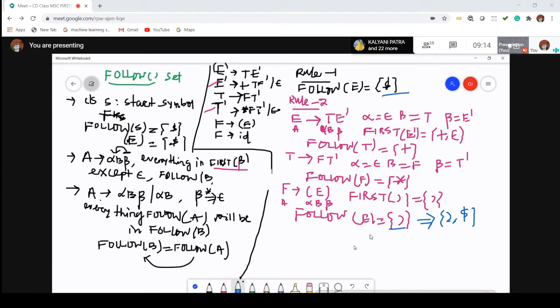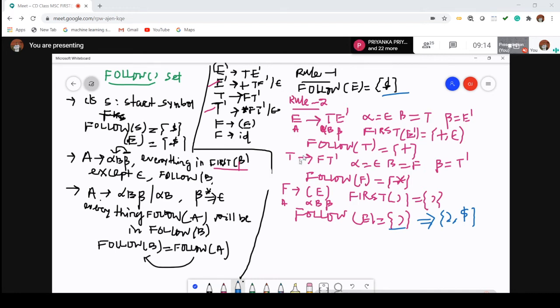Next, all those productions are associated with rule number 2. So rule number 2 is completed. The simple thing is how to choose rule number 2: we have to choose those productions in which there are no terminal-only transitions.